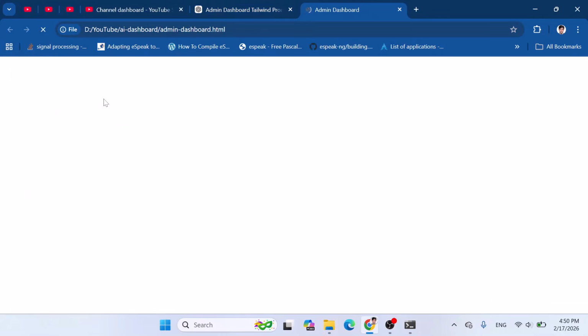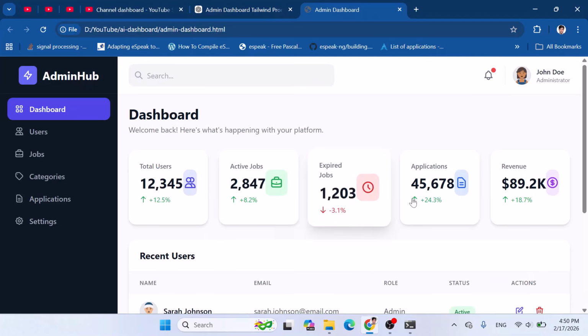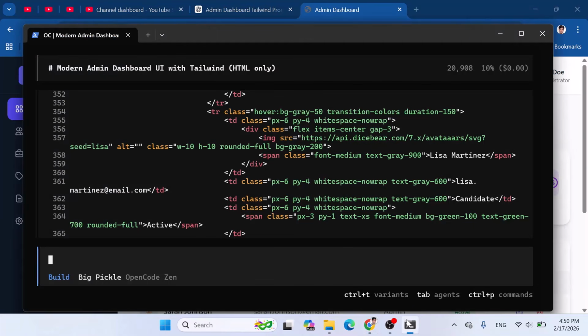Now let's run this file. We will see the admin dashboard. Look at how beautiful it is. Look at the admin dashboard. But here we can move to jobs, categories, applications, settings in other tabs. To make these also, we can simply ask this CLI tool,